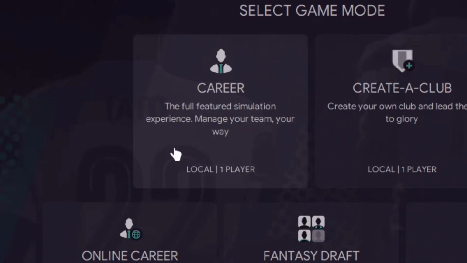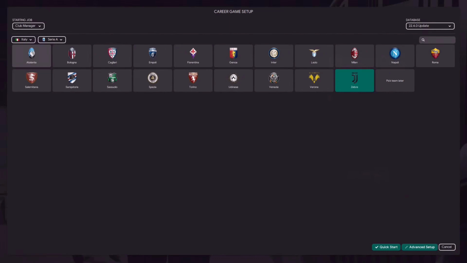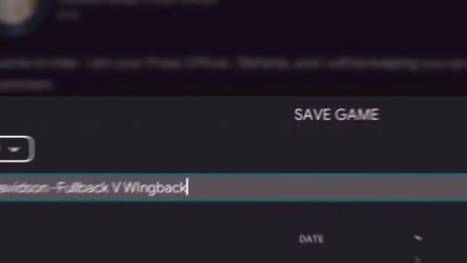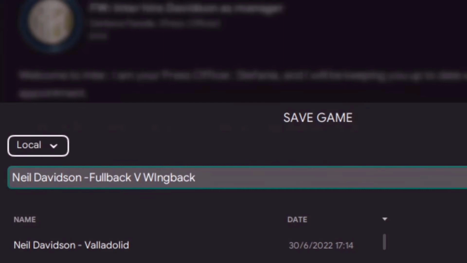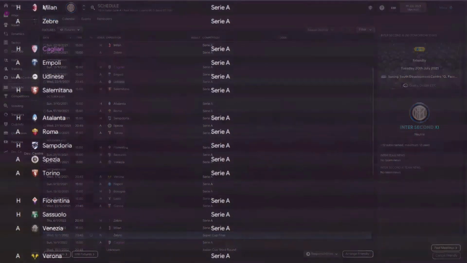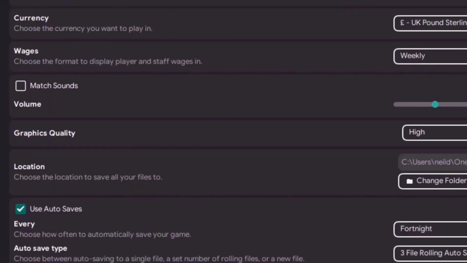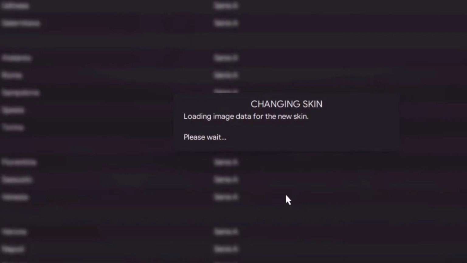So to do this, we'll start a brand new career. We go to Italy and we select Inter Milan. Sorted. Save game. Sounds quite dramatic that, doesn't it? Now there's the fixtures, and it's important to note that they're going to play in exactly the same fixtures in exactly the same order, because I'm not going to auto-save it. I'm going to leave that off. There's auto-saves. Let's tick that off. So that way, when we get to the end of the season, we can have exactly the same fixtures by reloading up. I've just got to remind myself to turn that bad boy back on for when I get into my game. Because if I lose all that...